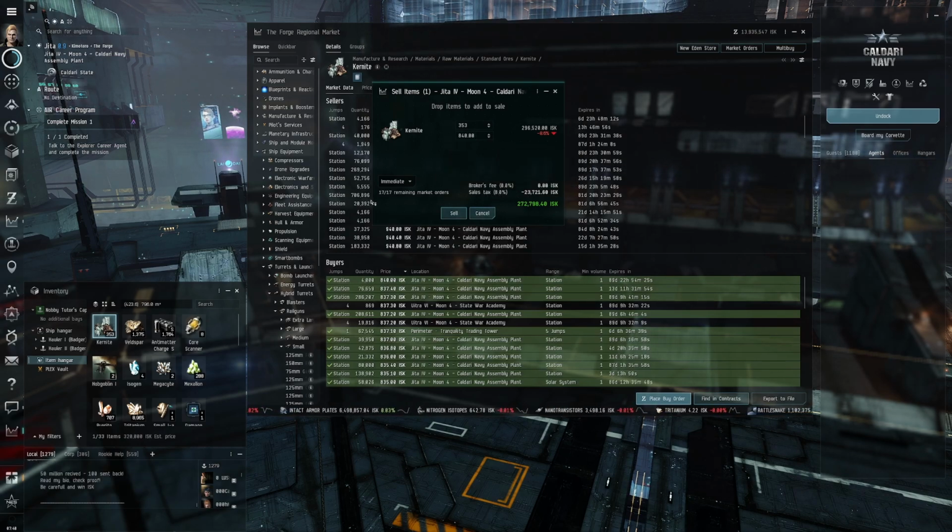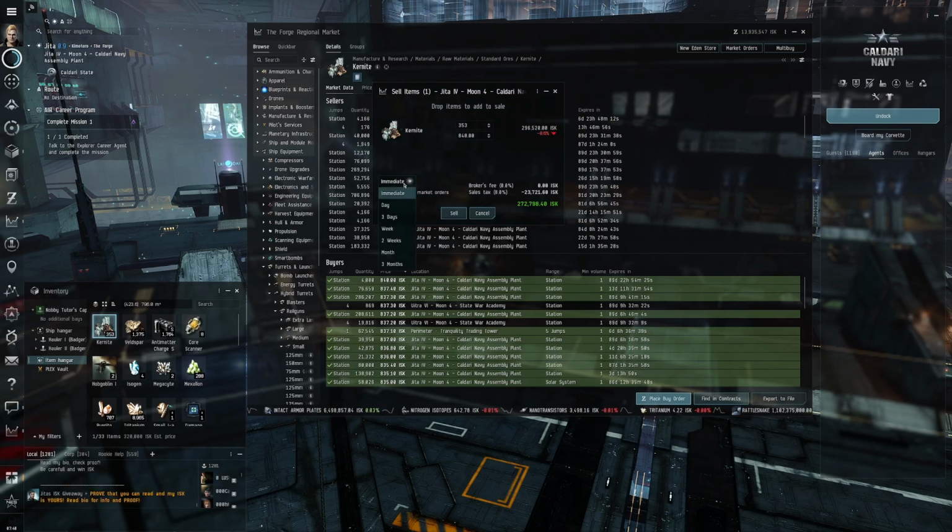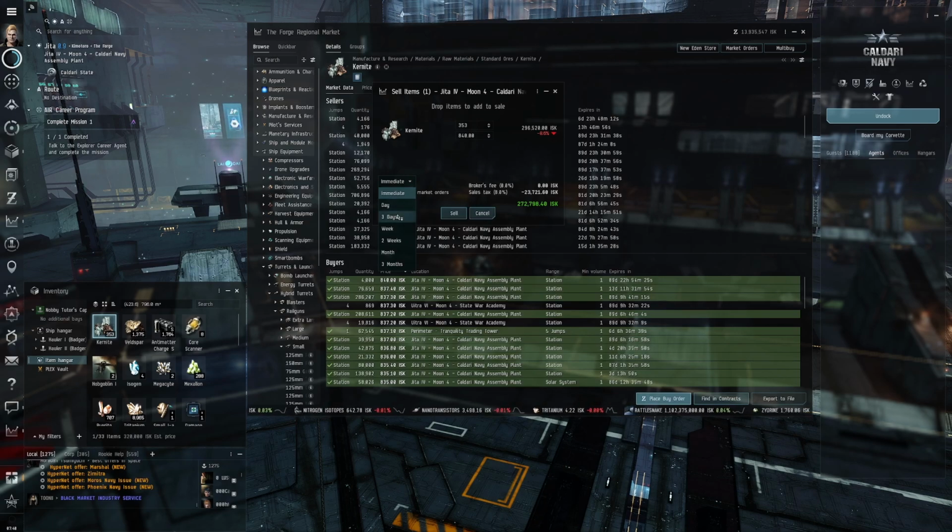sales tax. The alternative is if I change this from immediate to an actual time: a week, 2 weeks, a month, 3 months, a day, 3 days. Of course, Kernite is a quick seller. Any of these raw materials are quick sellers, especially at Jita, being the main trade hub. A day or 3 days, chances are you'll probably sell it. But if I wanted to sell this for a week,